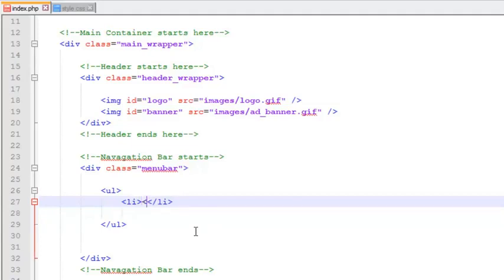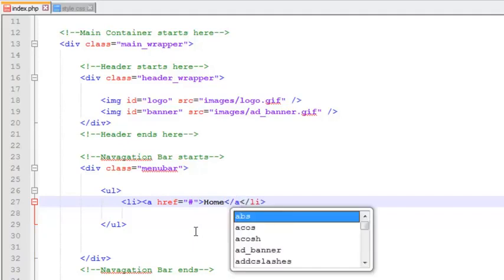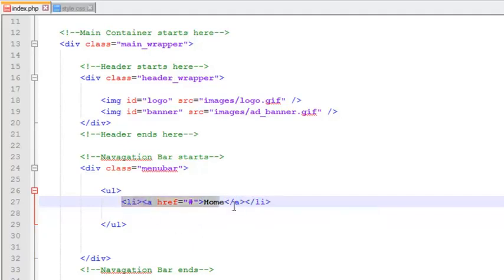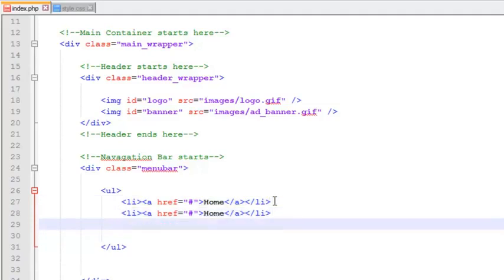And inside the li tag we need to add the anchor tag, the link tag itself. This time we will just add some dummy links with a hash sign, and we'll add some text like home, and close it. We can simply copy this whole line, the li tag and the anchor tag itself, and paste